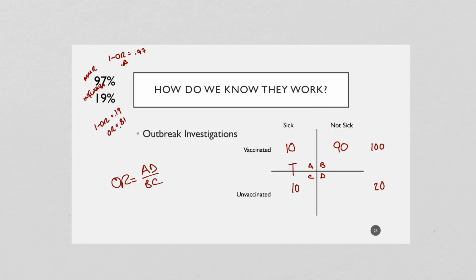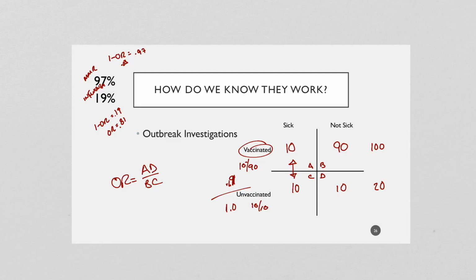And notice I did that on purpose. It's the same numbers of sick and vaccinated and unvaccinated. The difference is, of course, the proportions. And so we do the odds. In this case, for the vaccinated, the odds is 10 over 90. For the unvaccinated, it's 10 over 10. So you can see this is 0.9 and this is 1.0. So the odds ratio, I'm sorry, not 0.90, it's 10 divided by 90, which is 0.11. So 0.11 divided by 1 is 0.11.